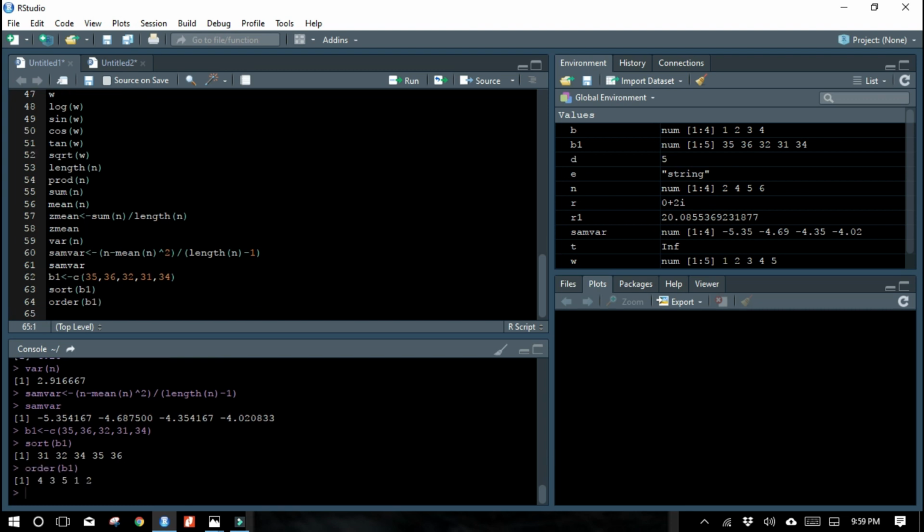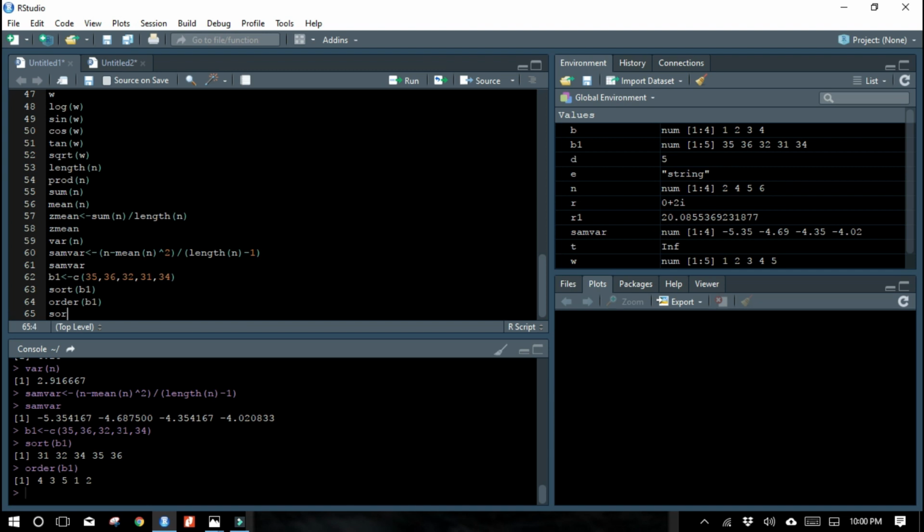That will also result in giving this one. What does it mean? 4, 3, 5, 1, 2. It means 31 is in the 4th position of the vector. 32 is in the 3rd position. So it will return the position of the particular number in a vector.